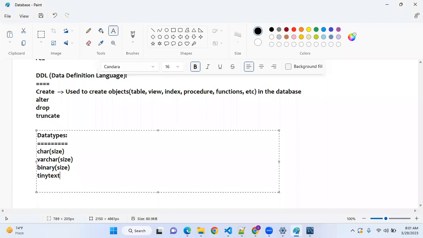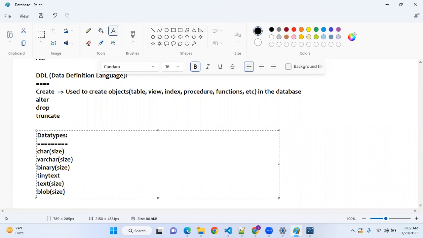Tiny text actually, okay, text of size. There are small differences between all of these things. Blob means binary large objects. Binary means if you want to store a file itself, if you want to store a JSON file directly in the database table, then you can go for the blob. If you want to store an entire dictionary in a particular column, you can go for a blob object like that.